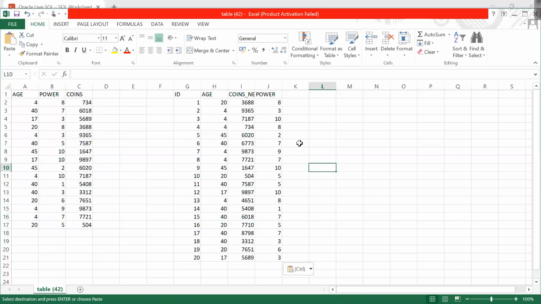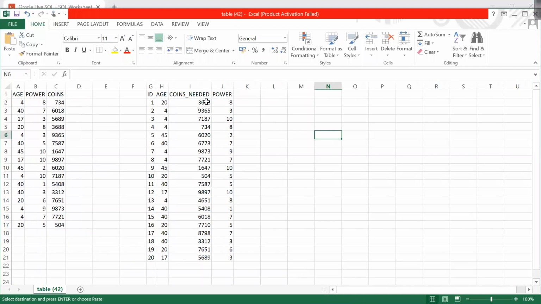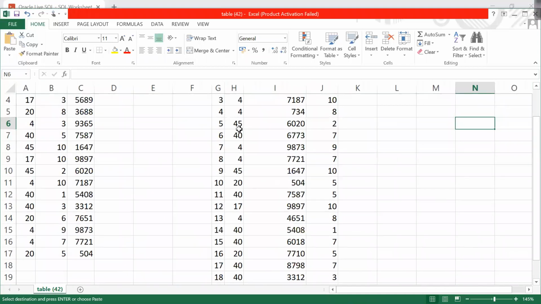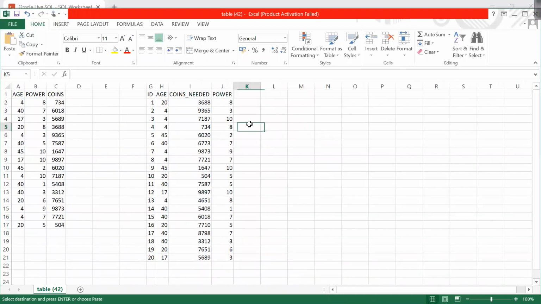So now this is my original table which consists of 20 records. I'm joining on the code, and based on the code I'm getting some output. And this table consists of the minimum coins based on age and power.